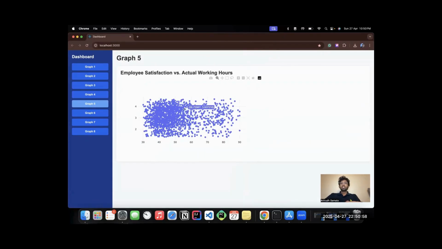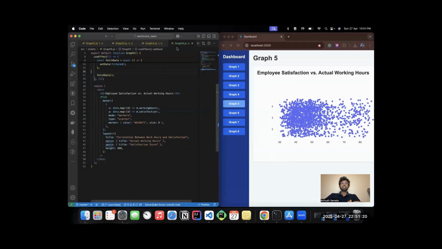Coming to the graph, we can see that most employees work between 40 to 60 hours, and there is no clear pattern, but extreme working hours, very high or low, seem to have lower satisfaction. This indicates the importance of work-life balance. From the next part, our teammate will continue.